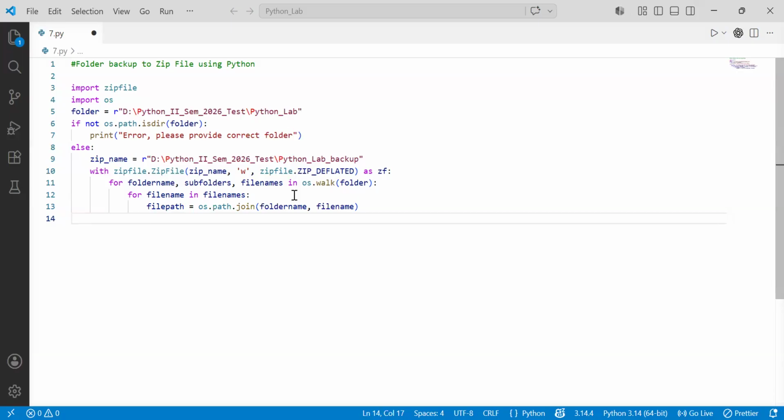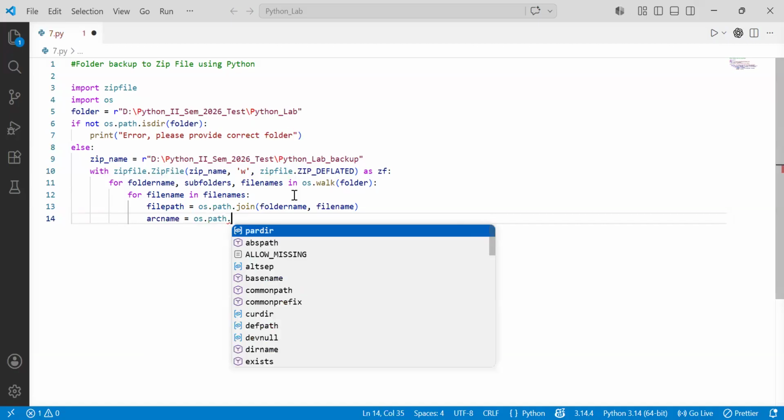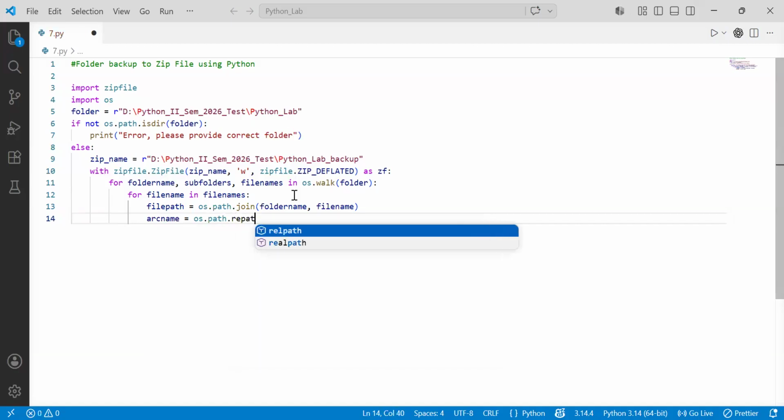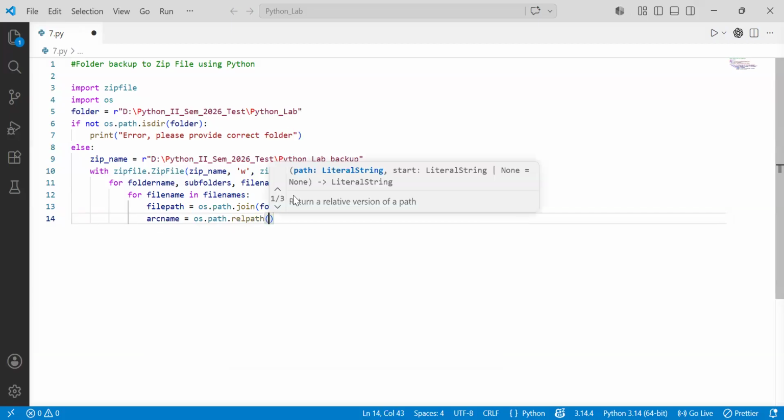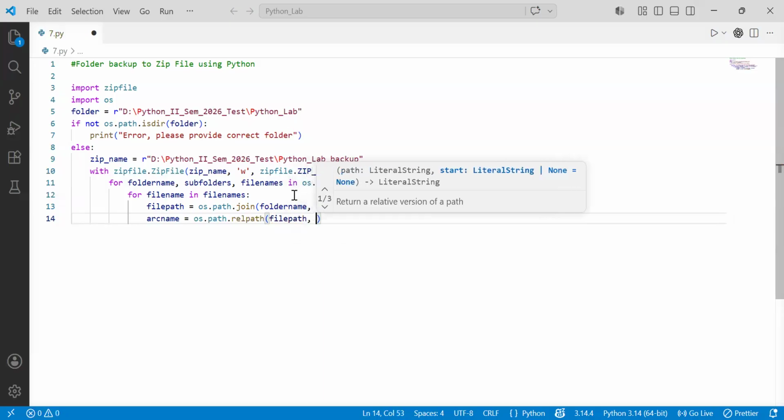Inside that again, let's say we have an archive file. Let's take one variable archive file, or else arc name, and in this os.path.relpath, let's say relative path. Now you recall what I explained about what a relative path is. Relative path means current directory. So file path, comma